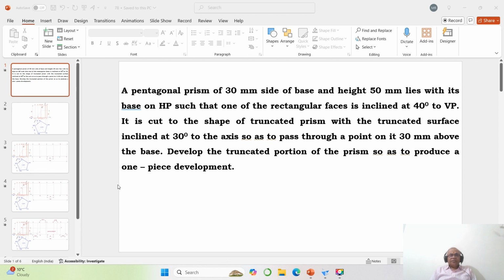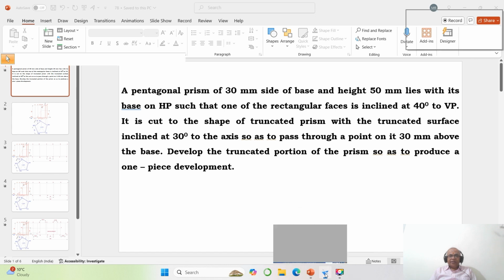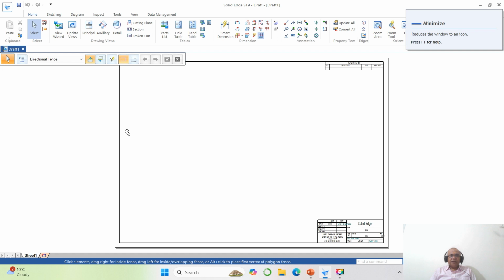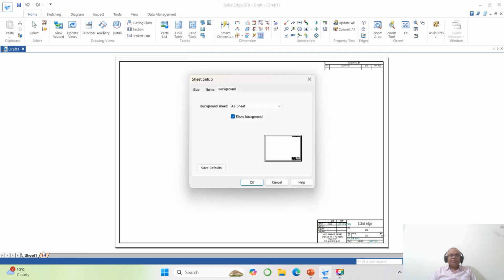So to do this, first I need to go for a solid screen. You can see here, this is the solid software wherein you have a sheet which is the default sheet of A2 size. Now I need to select the sheet. I want to select A4 size sheet because that is the one which I need to take the printout in the examination. So you just go to the sheet 1 and then right click and select on sheet setup,